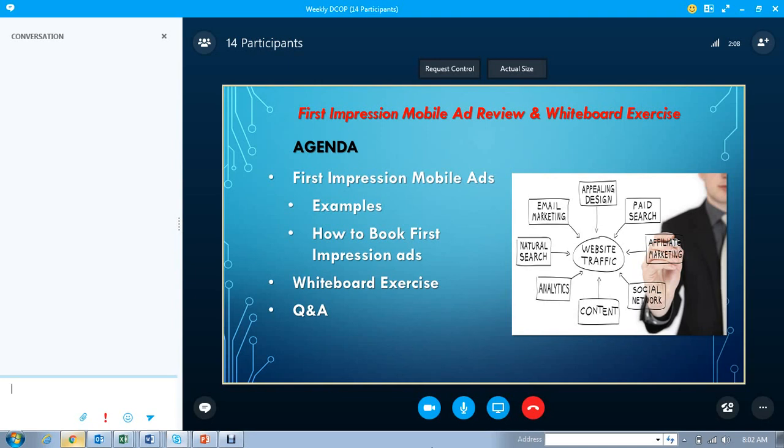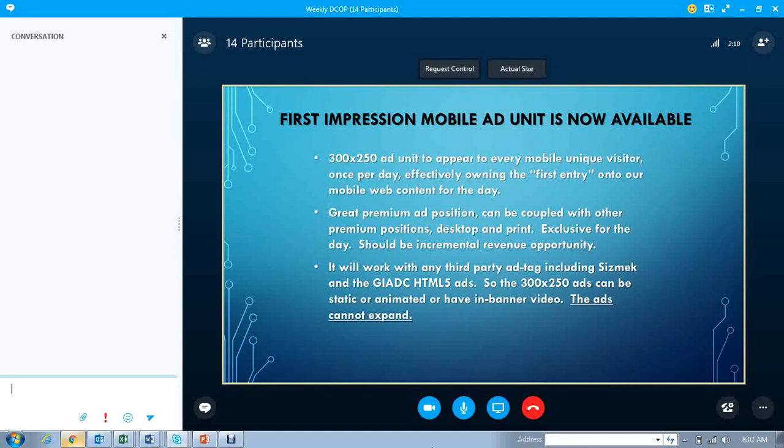So the first impression mobile ad unit is, as I mentioned, now available. It appears to every mobile unique visitor once per day. So when the person goes to our mobile sites, they will see this ad once per day. So it's effectively owning the first entry onto our mobile web content for that day. When someone's going onto our mobile websites, they're going to see this ad unit the very first time